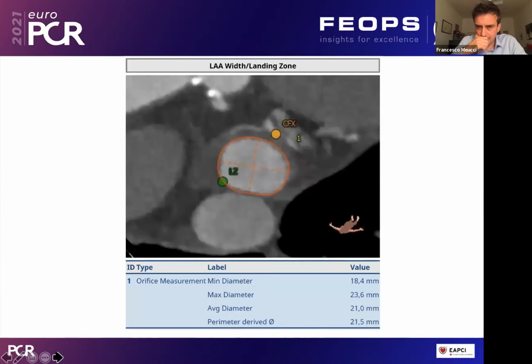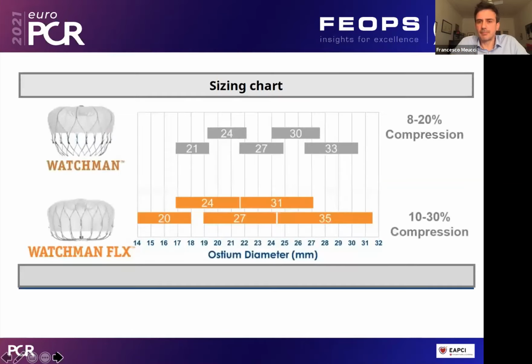And this is in detail the landing zone. As you can read, the landing zone has a maximum diameter of 23.6, an average diameter of 21, and a perimeter-derived diameter of 21.5. So going to the choice of the device, as you can read here in this sizing chart, we can decide in this case to implant 3 different Watchman Flex devices, because you can